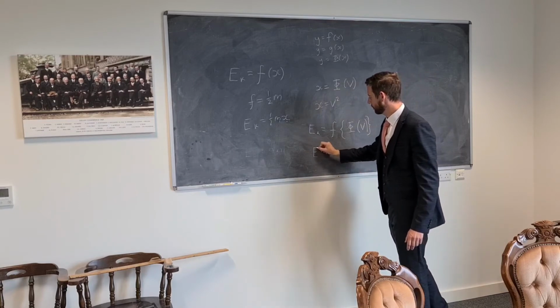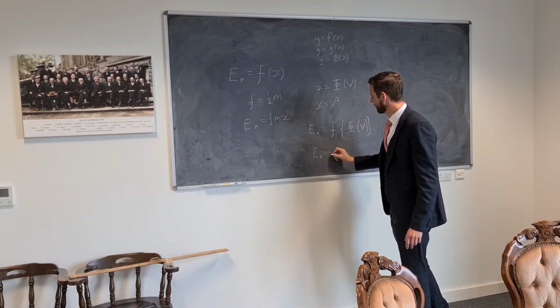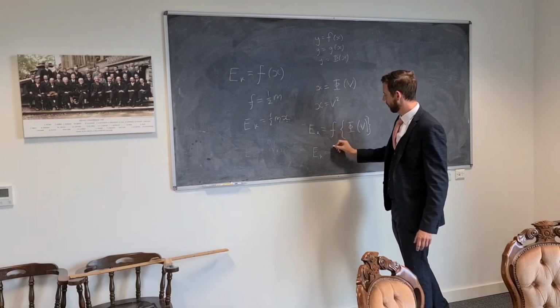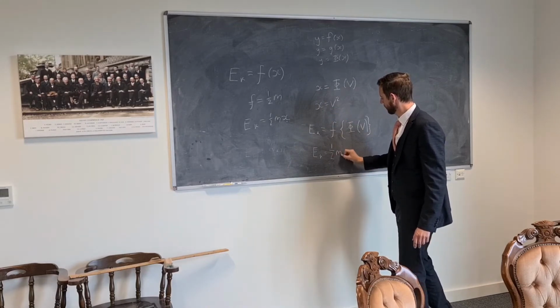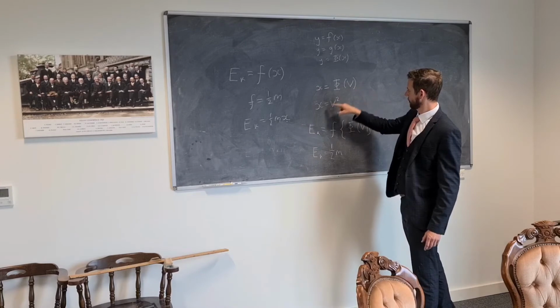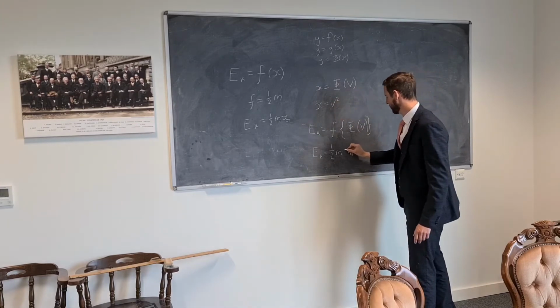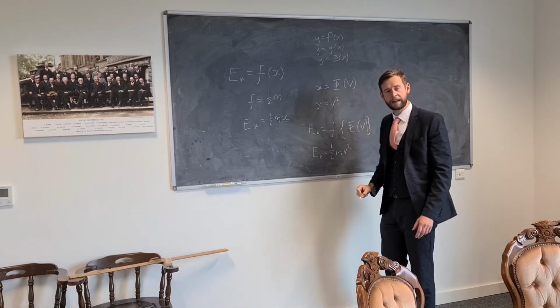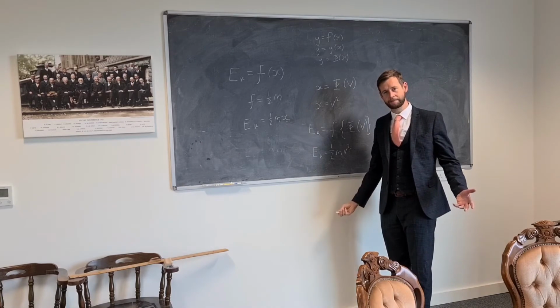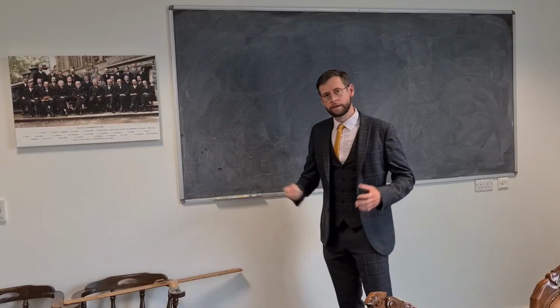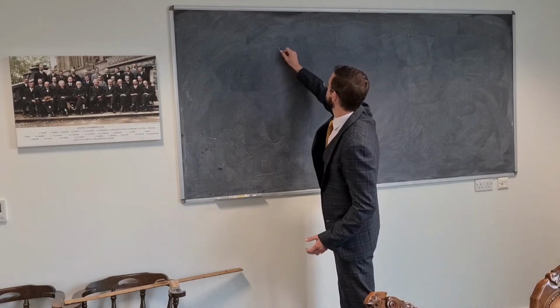Or, as you and I are more familiar with it, the kinetic energy is equal to F, which is a half m, function of phi, which is v squared. The kinetic energy is a half mv squared. So our function y equals f